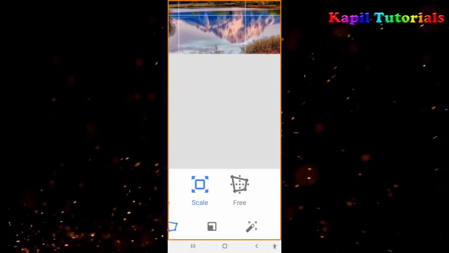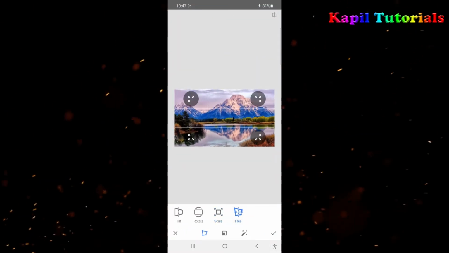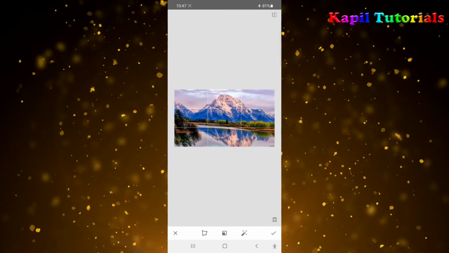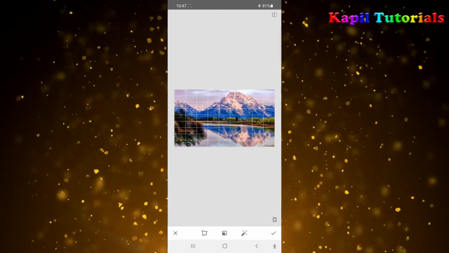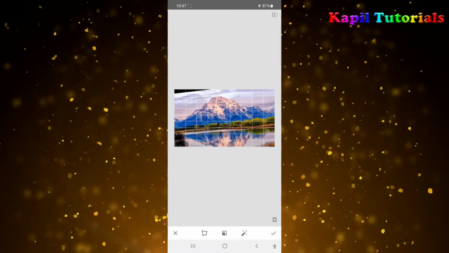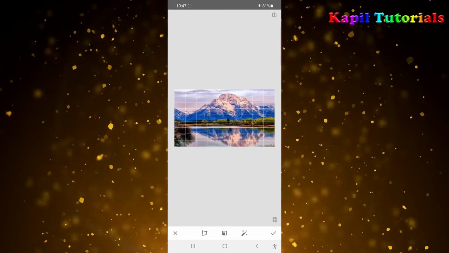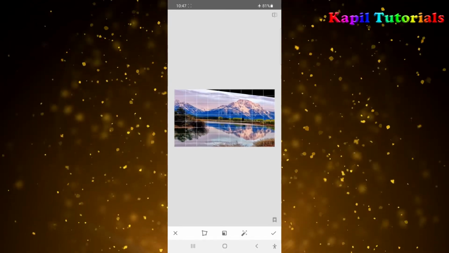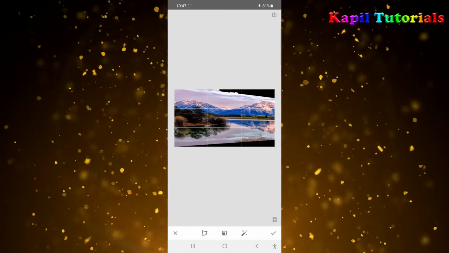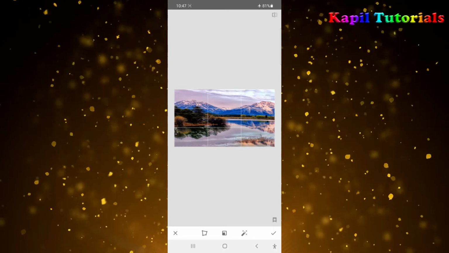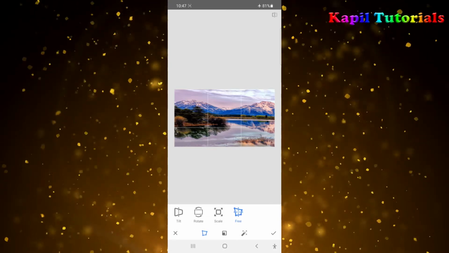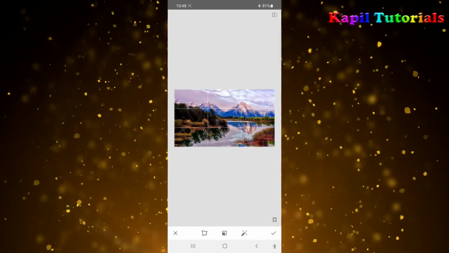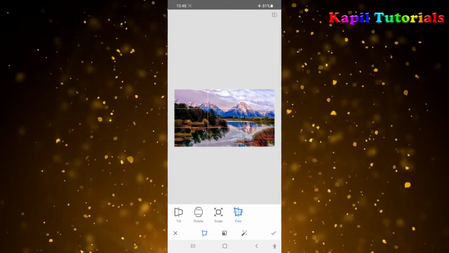Free. After scale, free. If I click on free, now you are free to scale it, or just see from left, right, bottom I am using it. Then from top, just see. You can just put your finger and move it towards right or left, or up or down, to use the free scale function. So I hope this is clear. In any way you can move your finger. So this is also very much clear. So we have done all these options.